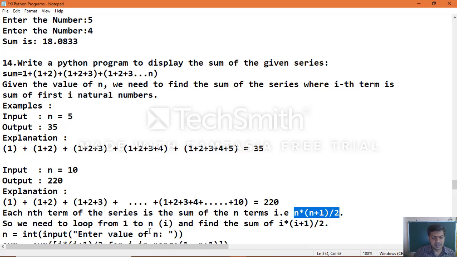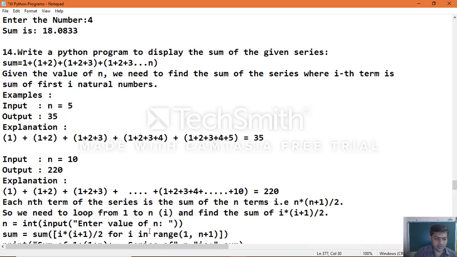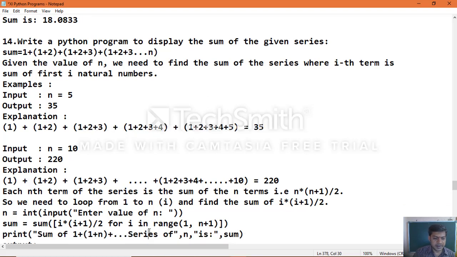So read the n value, the input value, then sum equals sum plus i into i plus 1 divided by 2, in a for loop with the statement for i in range of 1 comma n plus 1. Then print the sum. The series goes up to the number which we give as the n value, so the sum of the series will be calculated.